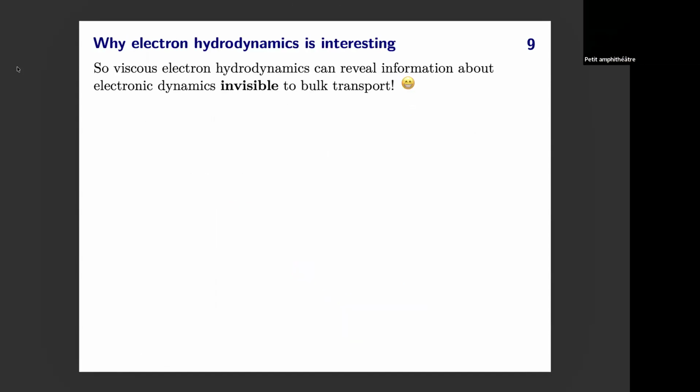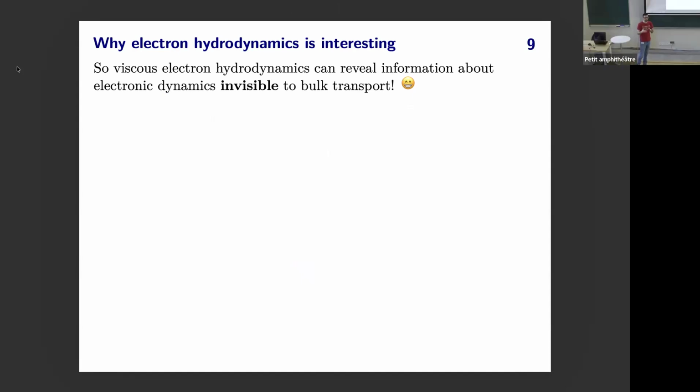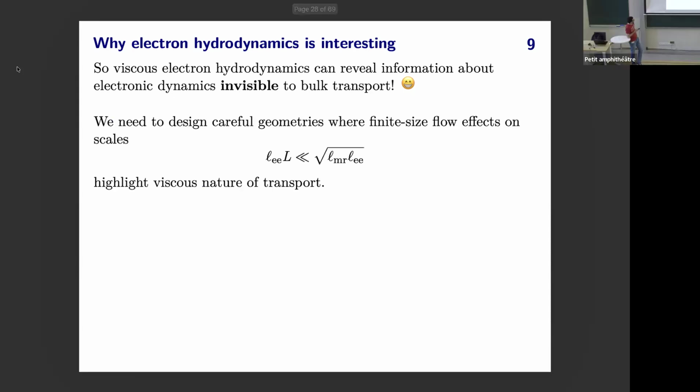But using this kind of geometry to help you, you have access to really a new piece of data about dynamics in the underlying system. So I think that's why you should care about electron hydrodynamics, even if you're not just interested in the subject for its own sake. If all that you care about is understanding the physics of what the interactions are like in this particular material, if there's a hydrodynamic regime, this can be a very powerful way to have some insight into that information.